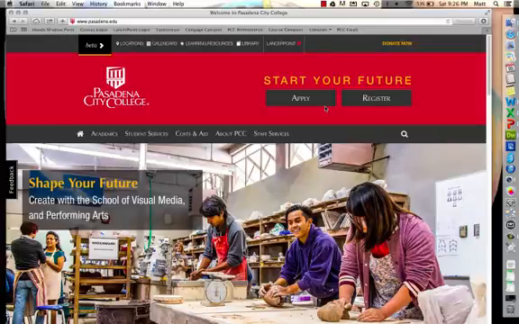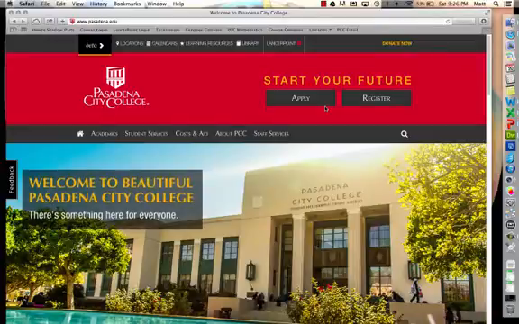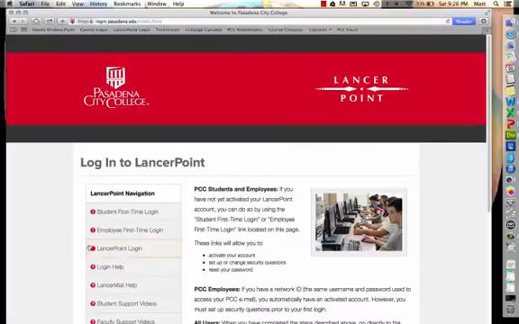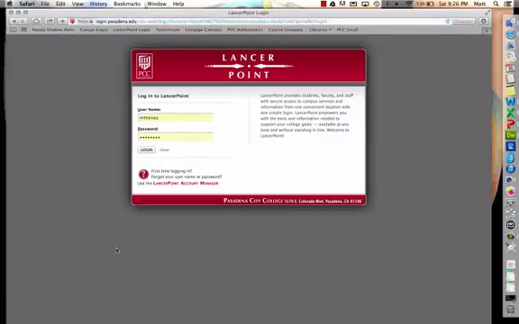Hello. Today I'm going to walk you through the steps to enter SLO data at the course level into eLumen. There are several ways to get to eLumen, but probably the quickest way is using the Lancer Point link on the home page. Click Lancer Point Login, or maybe you have it bookmarked, but in any case,